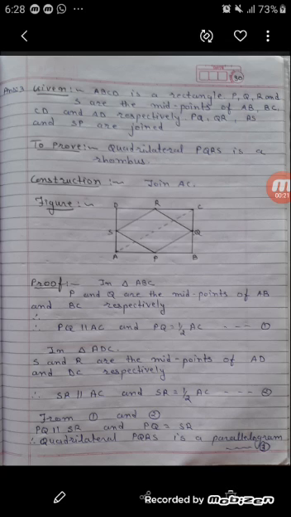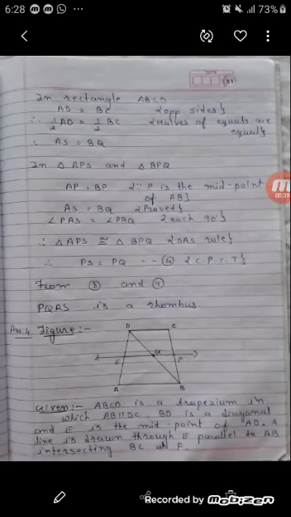By midpoint theorem we can write SR parallel AC and SR is equal to 1/2 AC. This is number 2. From 1 and 2 we can write PQ parallel SR and PQ is equal to SR. So quadrilateral PQRS is a parallelogram. This is number 3. Now in rectangle ABCD, AD is equal to BC, opposite sides. Multiplying both sides by 1/2,